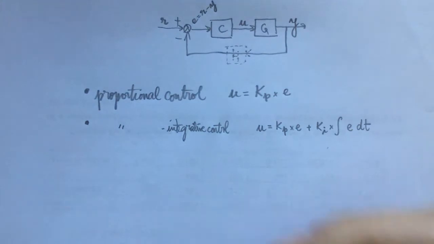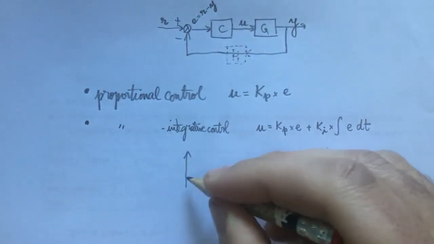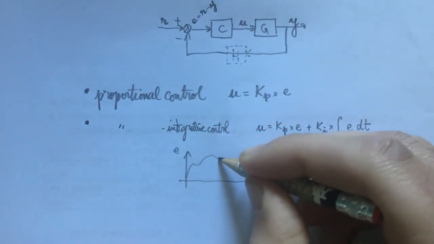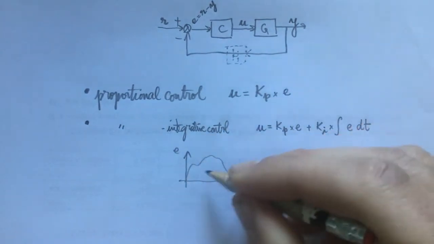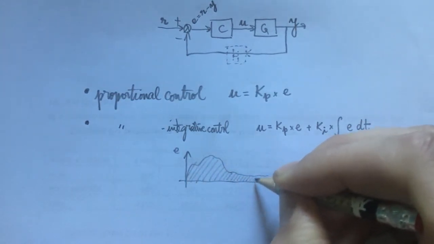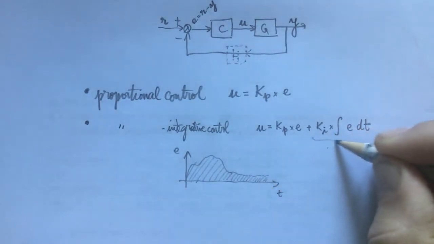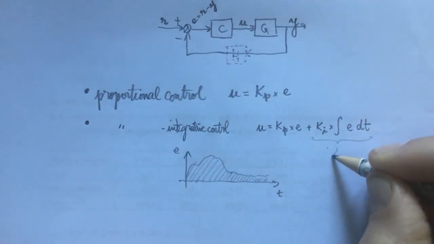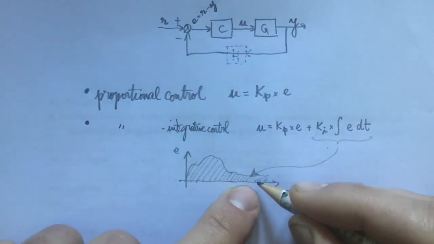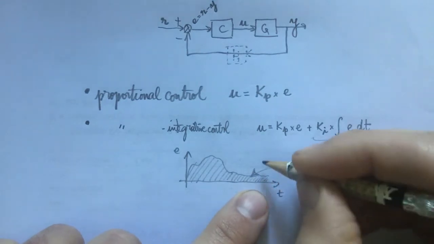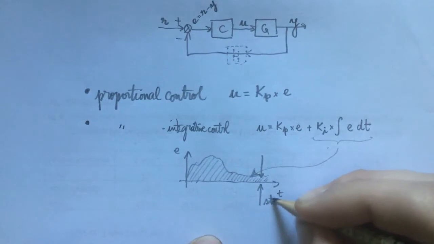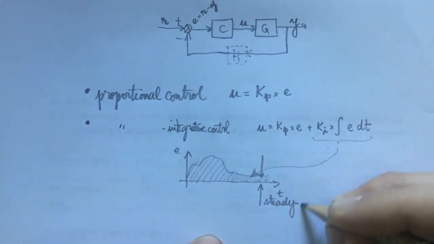Why? Because if the error increases with time, or if it does not go to zero, the integral will keep growing and growing and growing, and consequently, thanks to this term, we'll, after a while, keep increasing our control action to get rid of this steady state error, which would otherwise